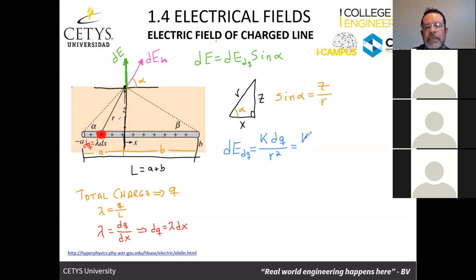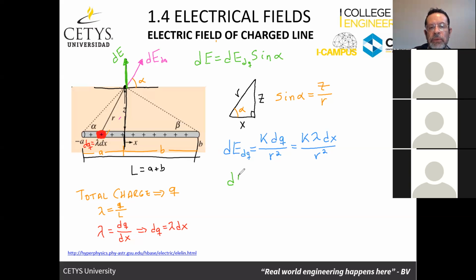But we already said that dQ is lambda dx. And we're going to leave this like this, divided by r squared. So this means that going back to the original expression,